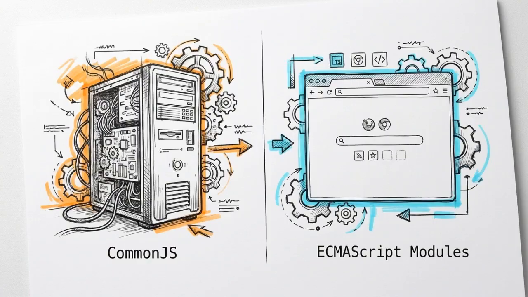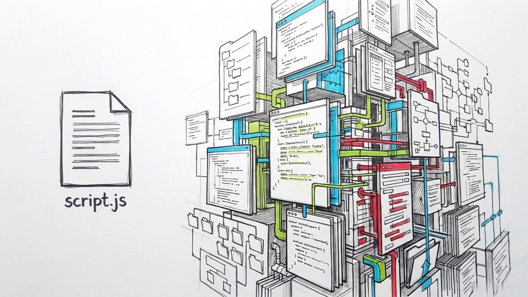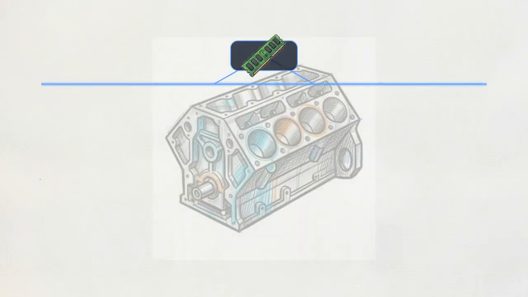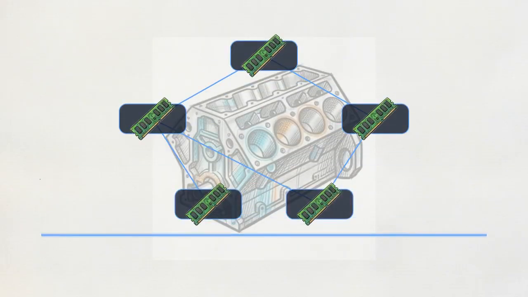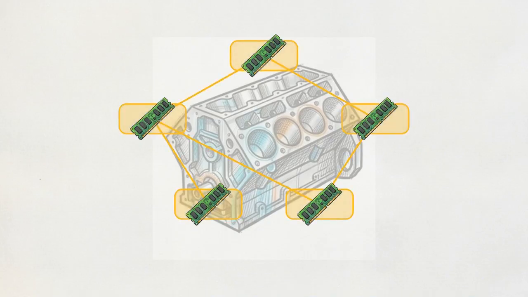This error marks the conflict between CommonJS, Node's legacy standard for server-side code, and the modern ECMAScript module standard used in the browser. Since the release of ES6 in 2015, JavaScript has transitioned from a scripting tool into a general-purpose language suitable for large-scale software engineering. Resolving this error requires understanding how the V8 engine maps your entire program and allocates memory before the first line